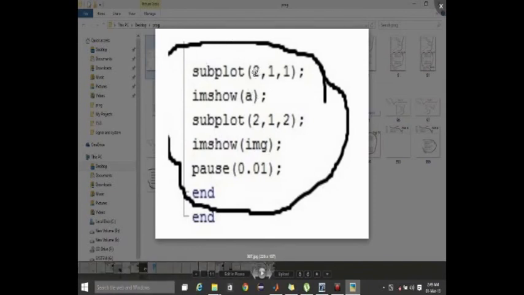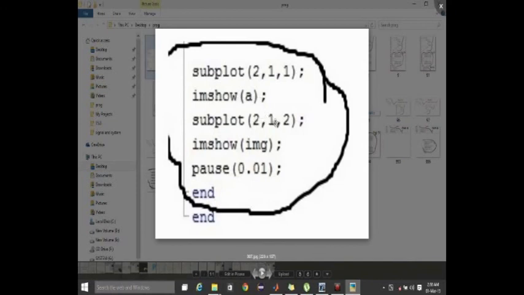So for the subplot, we are taking a 2 by 1 area. Like your matrix, you can think of 2 rows and 1 column. In the first of that, we are displaying the first image, imshow A. This is the code to show the first image, that is the black and white image.